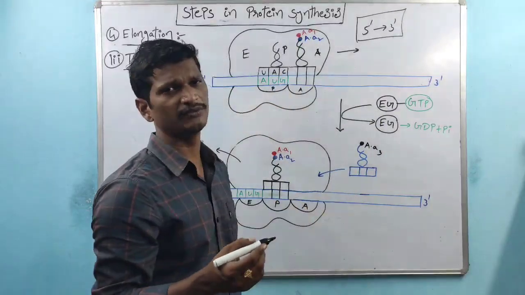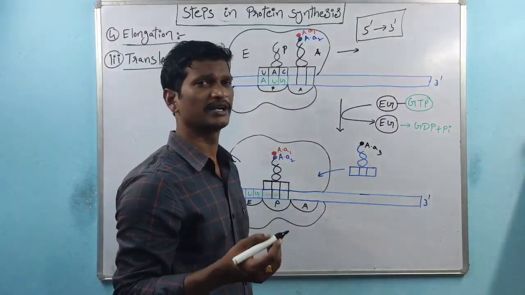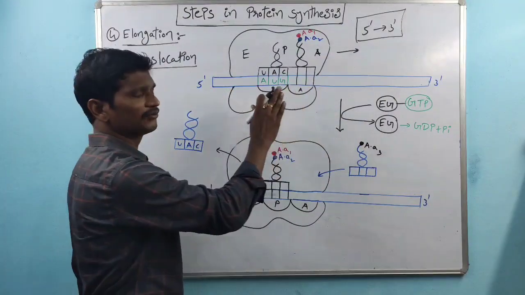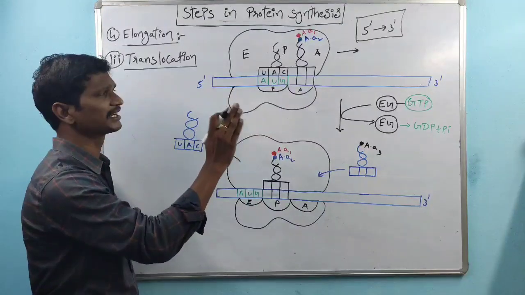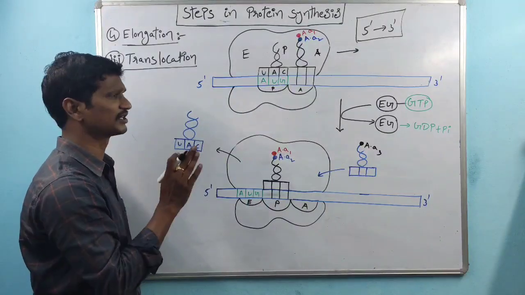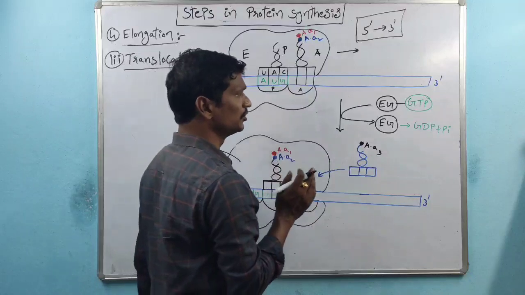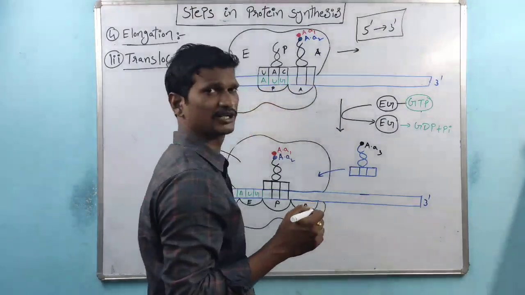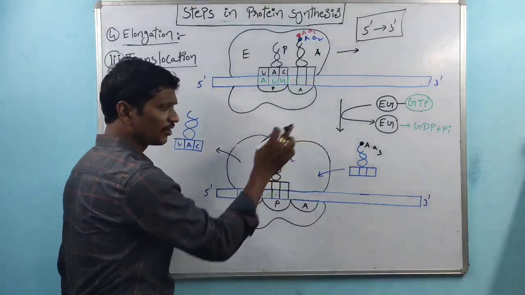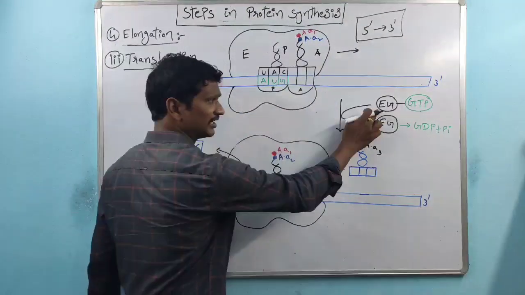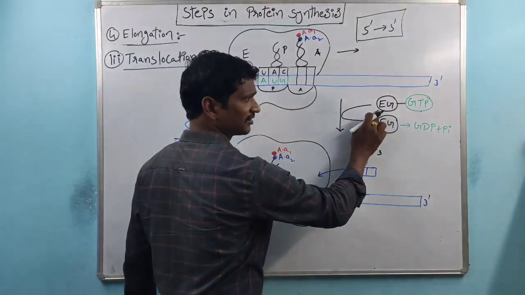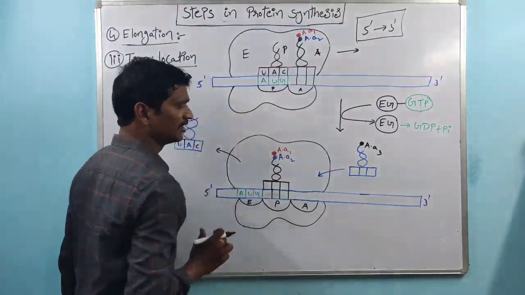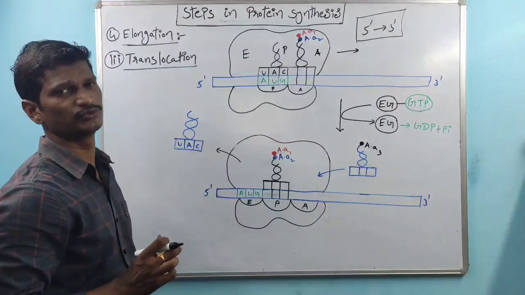The translocation of ribosomes on mRNA always requires energy, right? So the elongation factor binds with GTP. That complex structure, the elongation factor and GTP complex, supports the movement of ribosomes